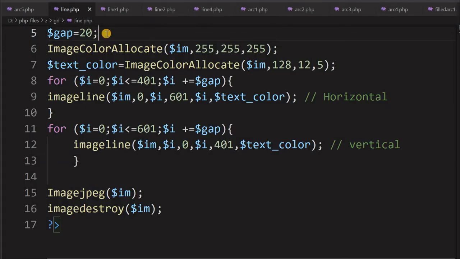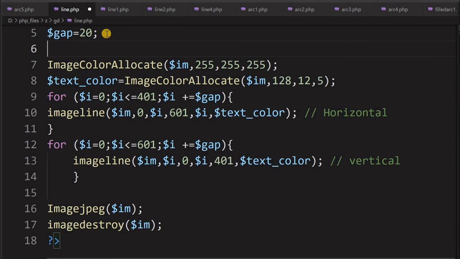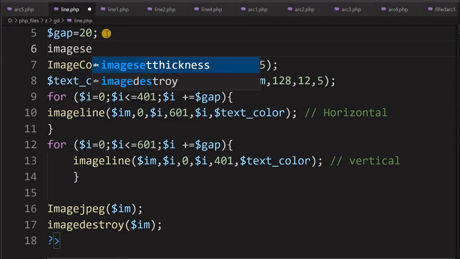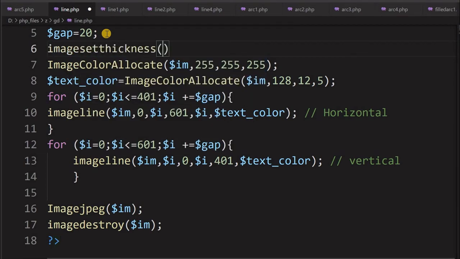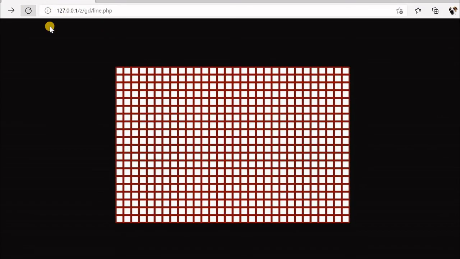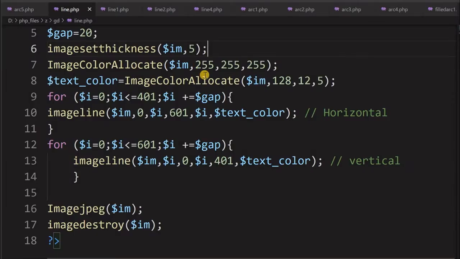We'll add thickness to this now. So we'll say image set thickness. So our image, sorry, this will be IM and thickness, let's keep it 5. We can see now the thickness will increase. I'm refreshing this. You can see thickness has gone up. Now let's change the color. We can change the color of individually horizontal or vertical lines, but here you can see I use the variable text color.